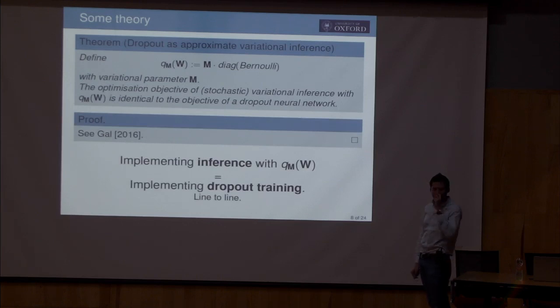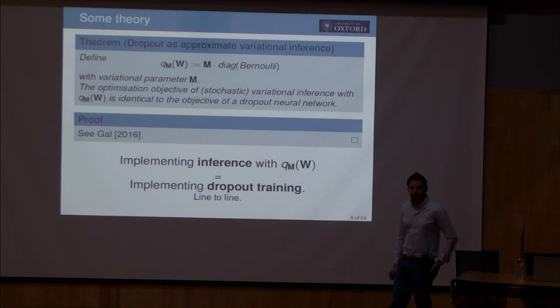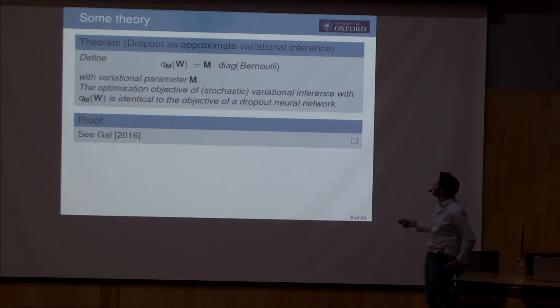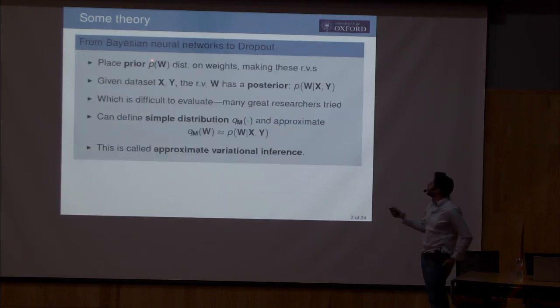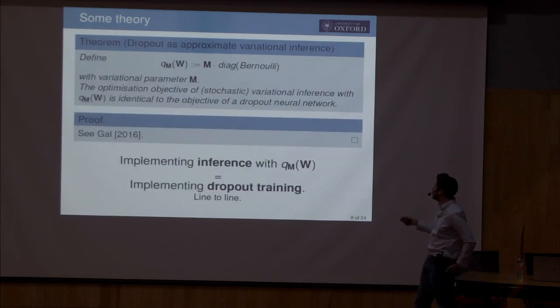And implementing inference with this prior. When you mention this dropout training, is it just one layer or the whole dropout procedure in all the model? So just to be clear, this is not a prior. This is an approximating distribution. The prior is actually this thing, P, which is something I didn't define explicitly. In the example I talked about, the prior is an isotropic Gaussian distribution